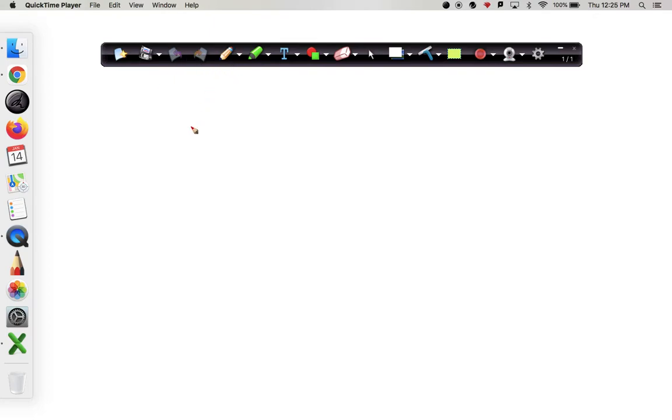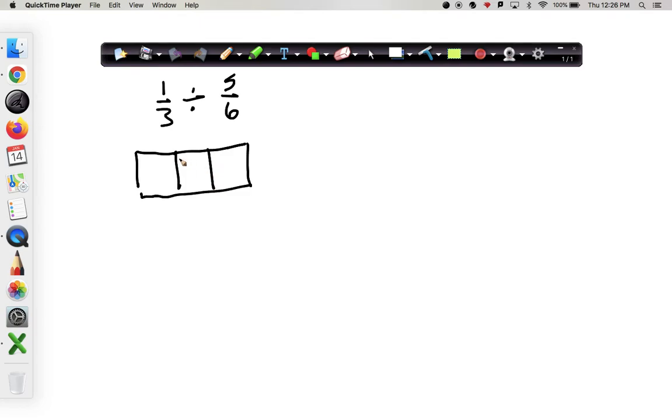What's nice is we can use color here. So let's do 1/3 divided by 5/6. So 1/3 divided by 5/6 in a diagram would look like this. We'll split this into thirds, and then we'll shade just 1/3 of it,